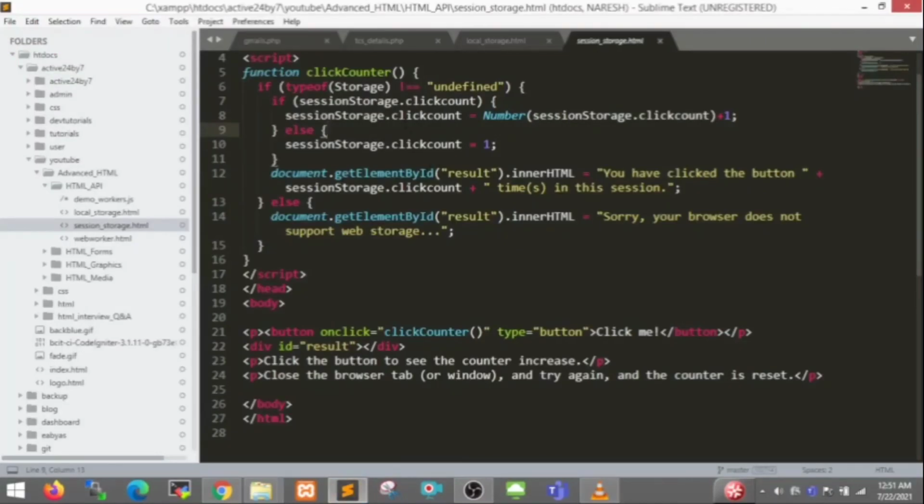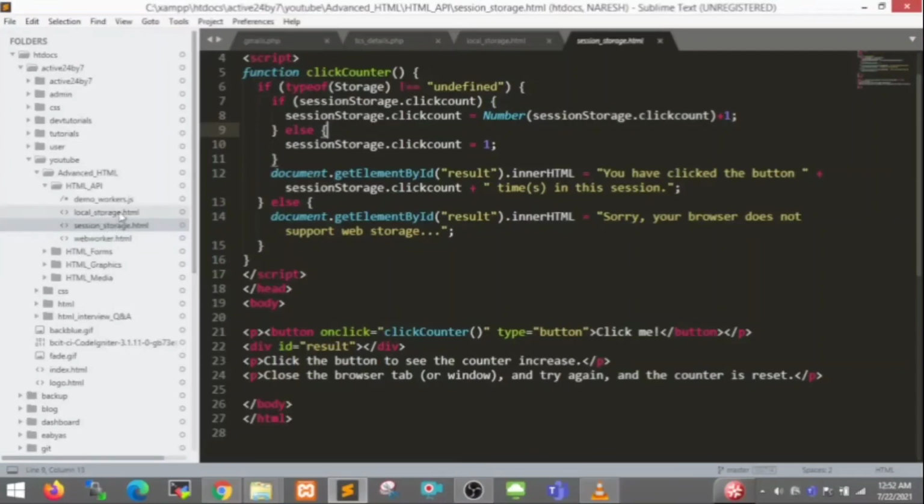So session storage is mostly what we choose to hold the information in the local browser. So this is the client side, how to store the values without using cookies. We can store the information in the web page by using local storage and session storage.